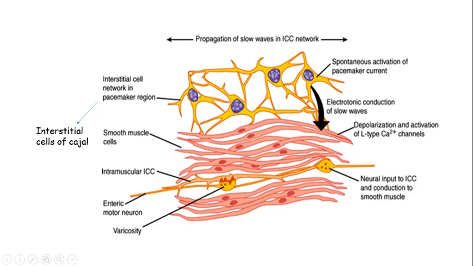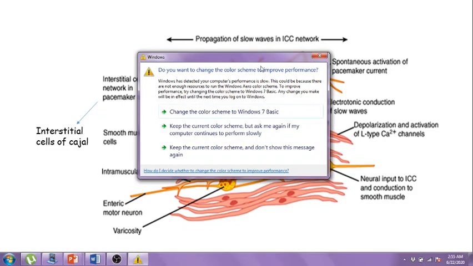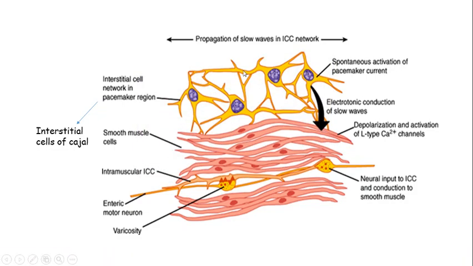When these ions move in, they produce an electrical ionic gradient, which is then transferred to the smooth muscle cells. These smooth muscle cells make this ionic gradient travel from one cell to another. As a result, the whole muscle layer produces slow waves,